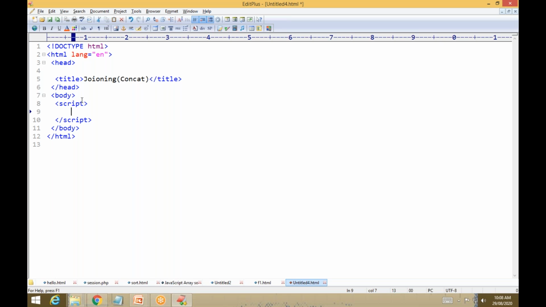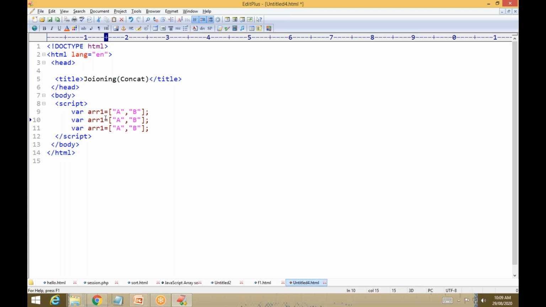Here, first you have to create two arrays, where I'm using a literal array. Array 1 equal to square brackets; this is the declaration of an array literal, right? Here I'm writing a, just assume this is a string, b. So this is the first array, right? I want to copy this for creating a new array, and also a third one.